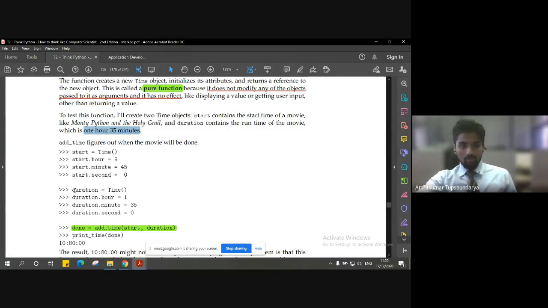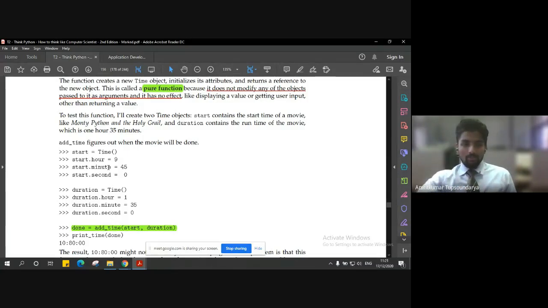So we are going to store it into another variable called duration, with hour being 1, minute being 35, and seconds being 0. That says that the duration of the movie is 1 hour 35 minutes and 0 seconds. Now with this input, we have all the information to process what the end time will be, or the time when the movie will end.